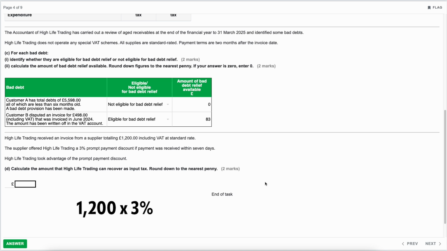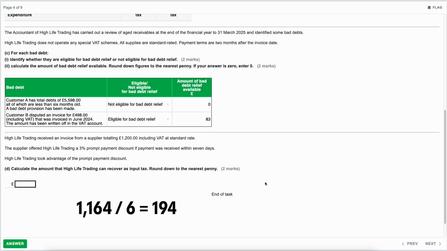So 3% of 1,200 is £36. We would then minus that off the total amount, so the 1,200, leaving us with a new gross or total invoice value of £1,164. And in this question, it wants to know what input tax would be on that invoice. So the new value, as I've said, is 1,164. So again, all we need to do to get the VAT amount included in that would be to divide it by 6. And that gives a new VAT amount of